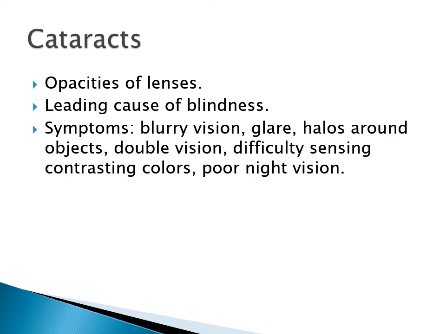Cataracts is when there's an opacity of the lens. It's almost like there's a film covering their eye and they see everything very blurry. It is the leading cause of blindness. And the symptoms are going to be blurry vision, a glare around objects, halos around objects, double vision. They have difficulty sensing the contrasting colors, which is a safety issue as far as